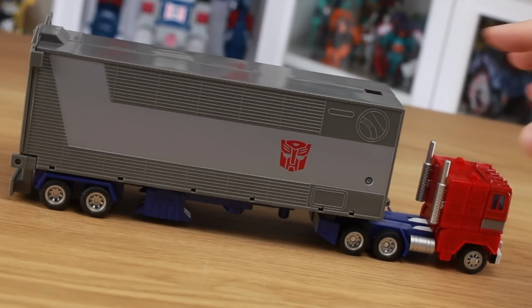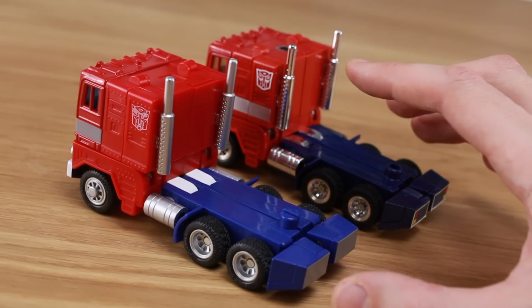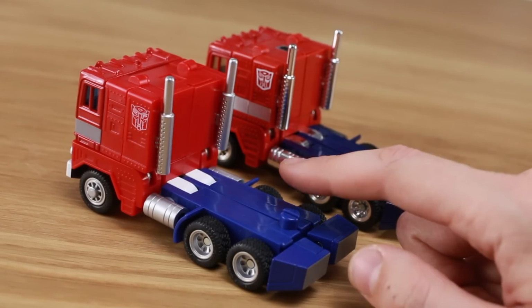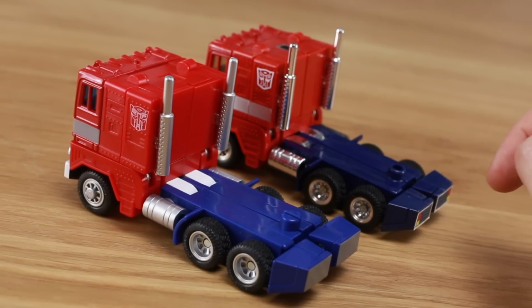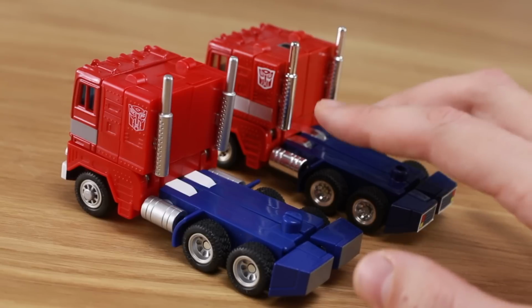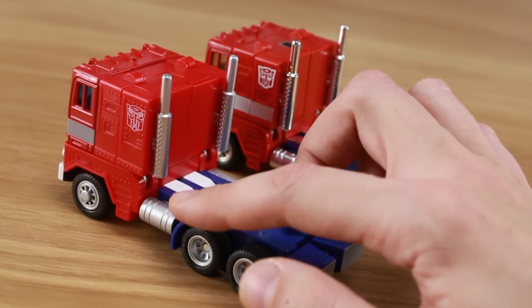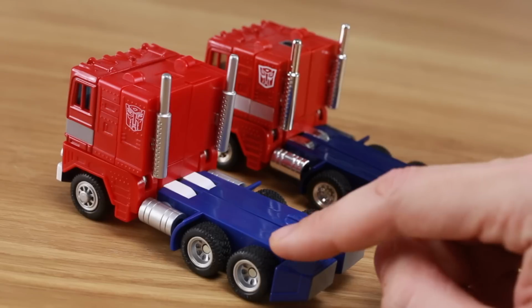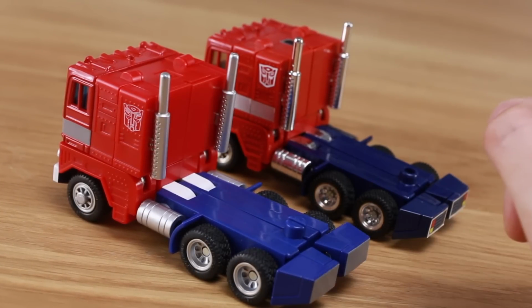It's something. Anyway, turning our attention to the cab, which we're going to spend a bit of time on. Just beautiful to see. Again, this lighter blue is so nice, honestly, a real contrast to the darker blue just there. Paint on the back here and in the areas that you can see it already looks really good. I'm sure some people are going to be missing the chrome of the smokestacks and these little sections down here, like on the wheels and things as well, but in my opinion, it looks really, really